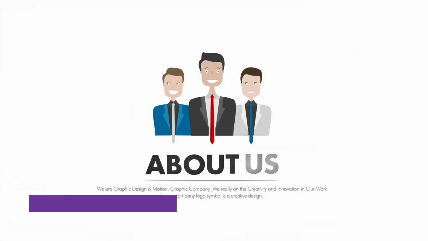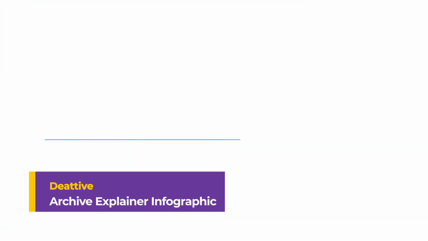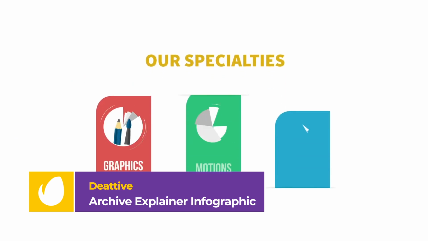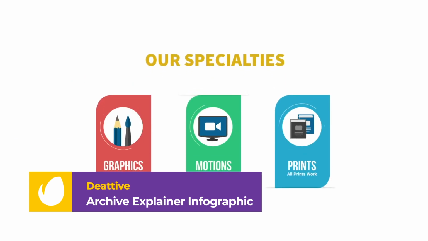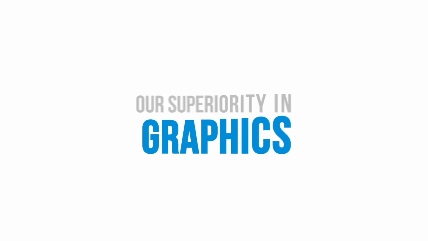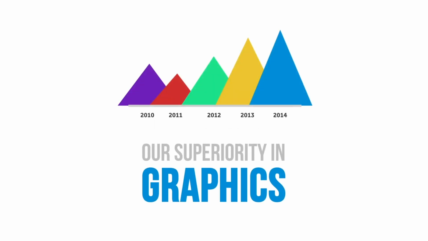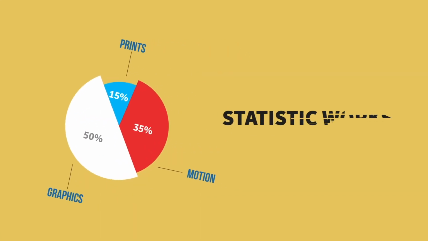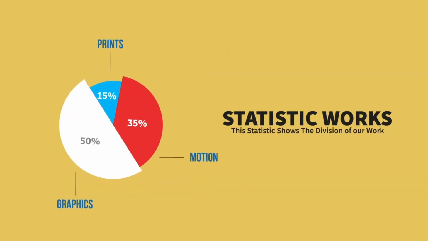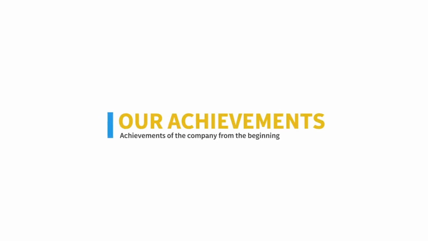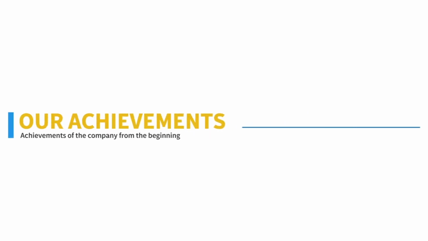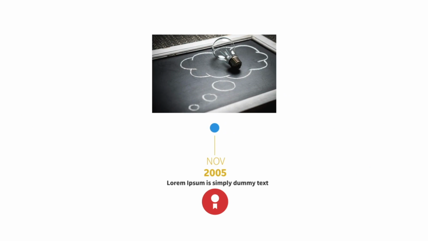Number 2. Archive Explainer Infographic by Diative is an excellent-looking pack that is useful for explainer videos. It features templates for animated graphs, company timelines, sales pitches, and offers unique ways to blend your footage with the template. Its design uses simple, playful colors and features beautiful, bouncy animations. It's basically like a high-quality PowerPoint template for video.